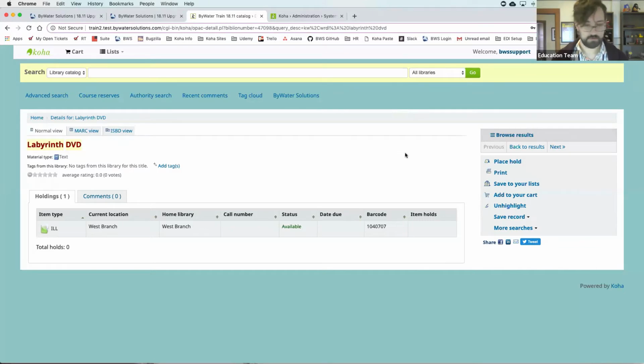Now, next up, I'm going to place a hold on here. Oh, Janelle asks, what's the difference between hiding in the OPAC and suppressing the item? Suppression in Koha takes place at the bib level. You would suppress the bib, which then hides the bib and all attached items from the catalog entirely. OPAC hidden items hides just the item. It shows the bib